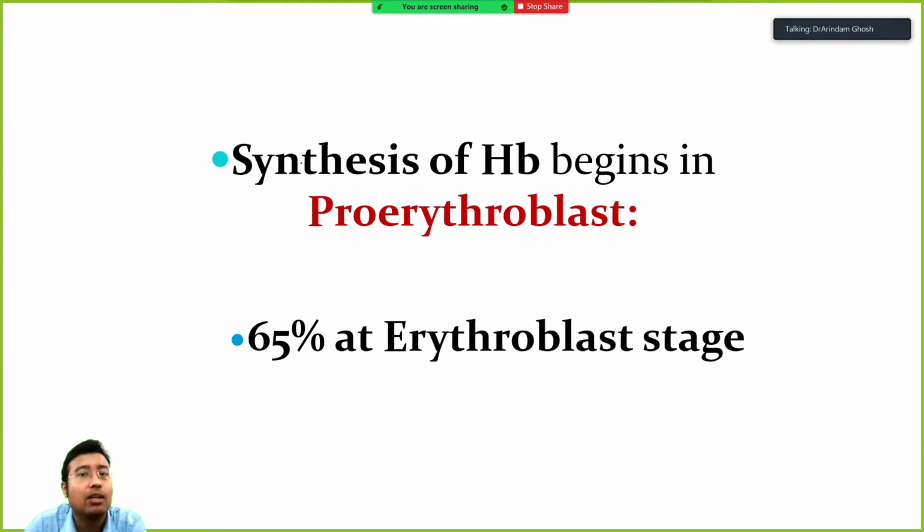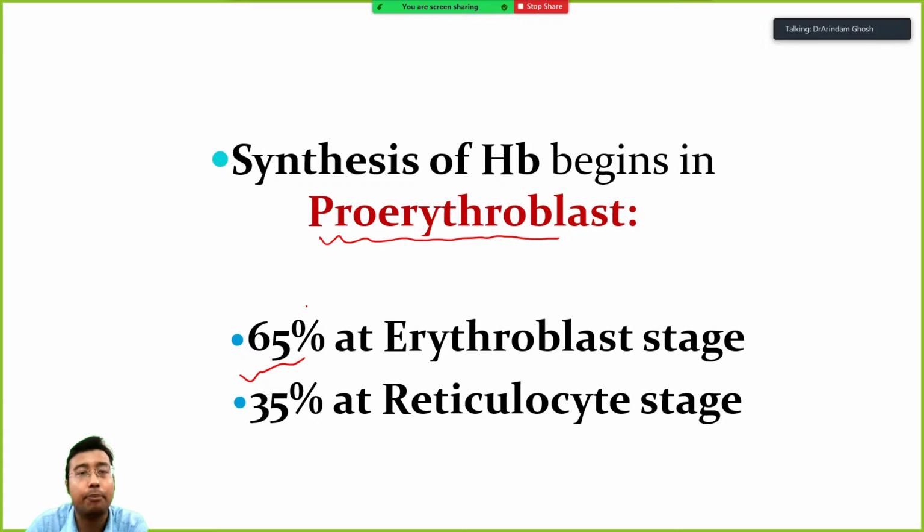So synthesis of hemoglobin, this is important for physiology. Okay, MCQ begins in the pro-erythroblast stage. So in all the stages of RBC synthesis, hemoglobin starts appearing in the pro-erythroblast stage. Okay, and generally in the erythroblast stage 65% already appears, and then the rest 35% appears when it enters the reticulocyte stage. Okay, another important question for physiology, you know the RBC actually has a nucleus, but then it disappears. Okay, so where the nucleus appears, it is intermediate normoblast. Okay, not related to this chapter, but I am telling you for your knowledge.